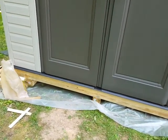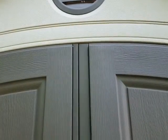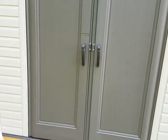So it was level when I put the shed in, but then I put the plastic down and must have gotten some of the blocks out of alignment, and the doors were not even at the top. So what the problem was, the right door was lower than the left. So what I did, I forced it shut, let it relax overnight, and that way it was still tight, but